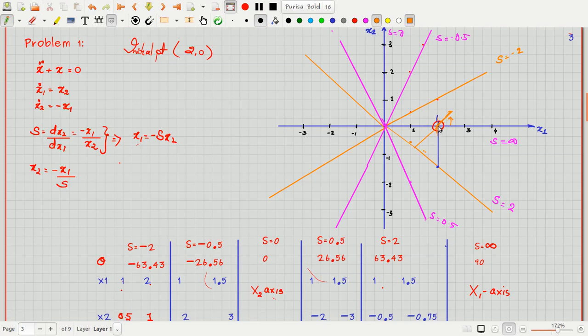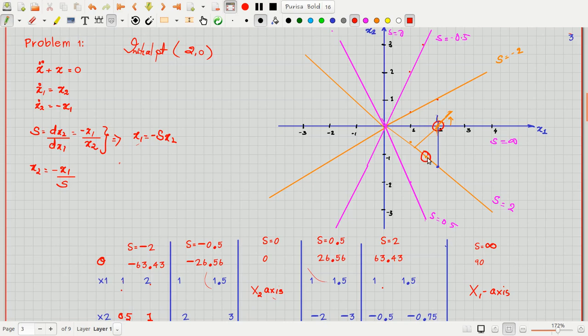That means my next point would be somewhere midway between these 2 points. So I would be somewhere here. My next point would be the midway between these 2 points. I got this point. I know it has to take a circular path. So now I am at point 2. I was at point 1, now I am at point 2.